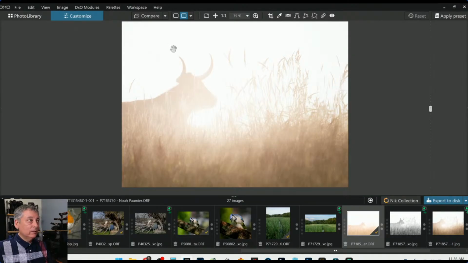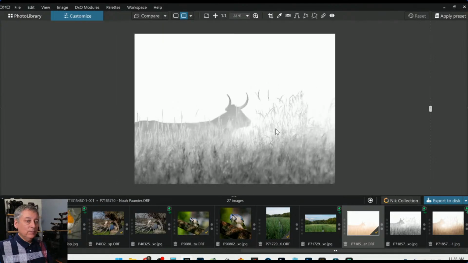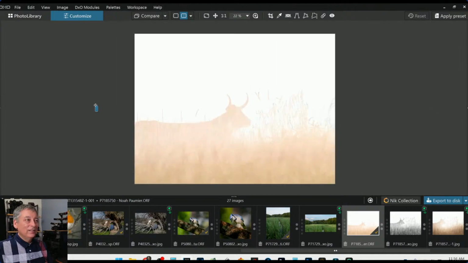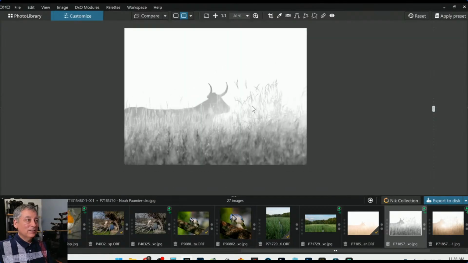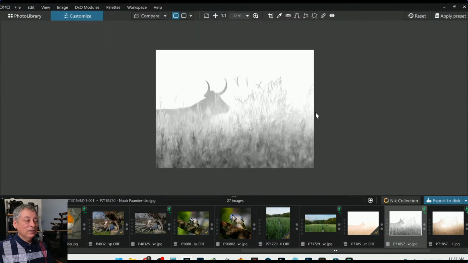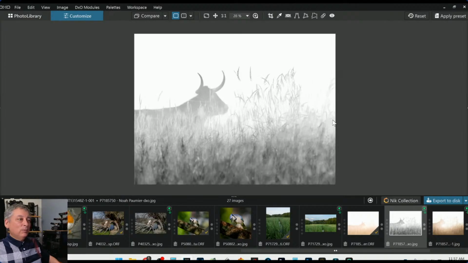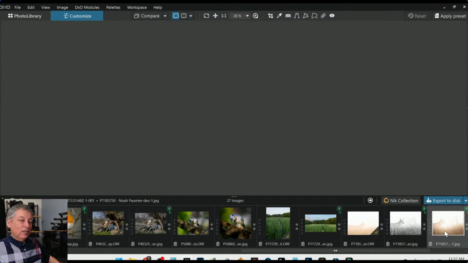And then the black and white is, what happened to my crop on the black and white? I just cropped that thing. How come that didn't stick? I would do the same crop to this. Oh, there it is. That's weird. Oh, because I didn't export it. That's why. But black and white's okay. I need to vignette it a little bit, but I think the color, the original color one,